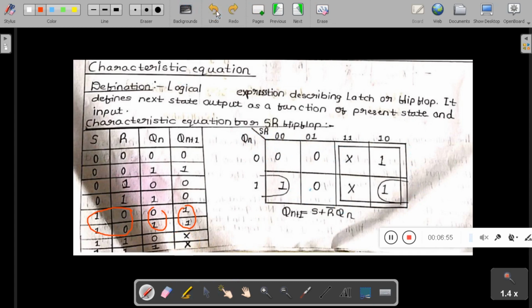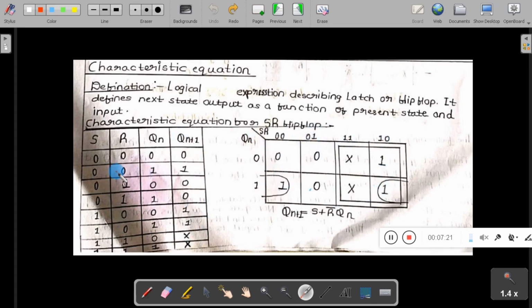I will take Qn vertically, and S and R variables horizontally, and I will represent Qn plus 1 in this 3 variable map.